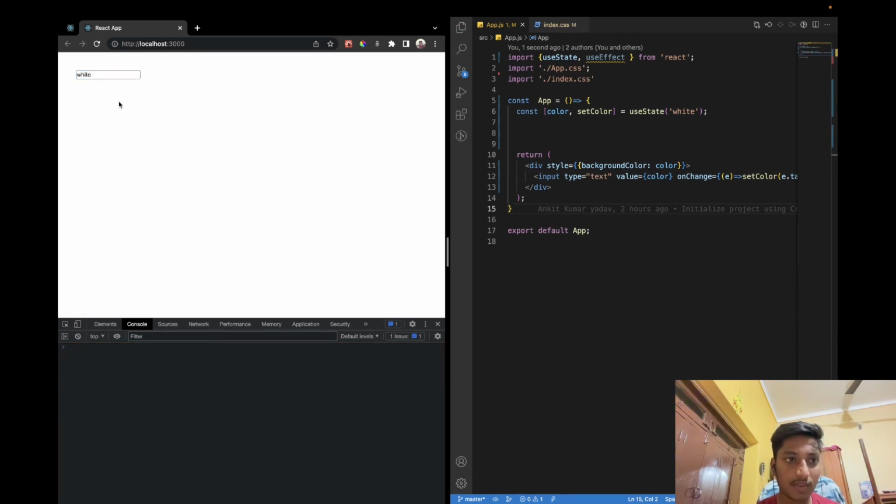Let us remove this warning, don't worry about that. Now if I write the color red, you can see the color is going to be changed. And if I write blue, it becomes blue, black. So you can see how we can do this. And one more thing,